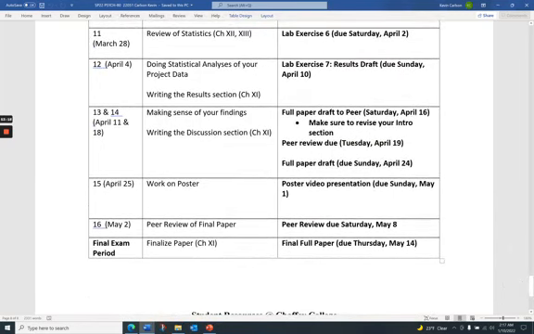So we're going to review statistics, and we're going to make your statistical plan. I'll give you feedback on that. And the last several weeks of class is finalizing your paper. So you're going to actually write half of your paper earlier in the semester. By spring break, I think it is, you'll have at least half of your paper written. But the other half of your paper is going to be written in that last 3 weeks of class.